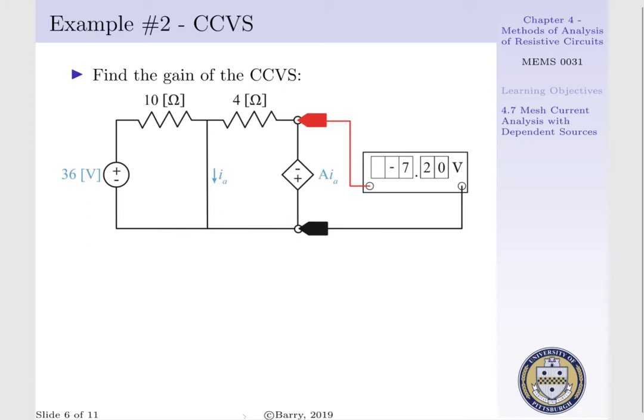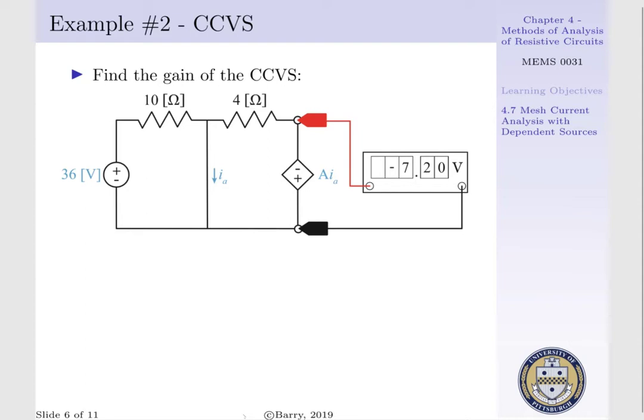Now in example 2, we want to determine the gain of our CCVS. In our circuit below, we have a 36 volt independent source supplying a potential to a 10 ohm resistor. This 10 ohm resistor is connected to a short, as well as a 4 ohm resistor, and the 4 ohm resistor is connected to a CCVS, where a voltmeter applied across our CCVS is measuring a potential of minus 7.2